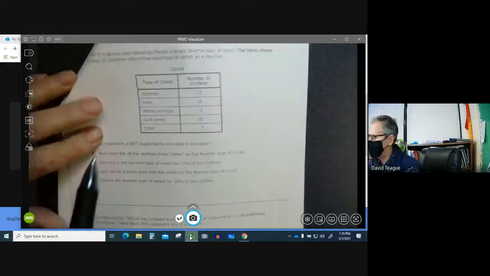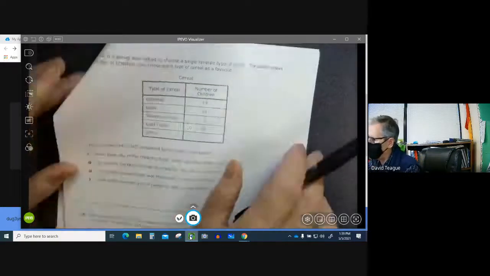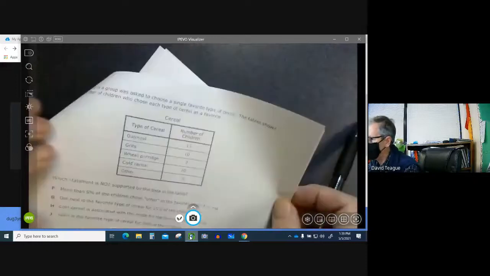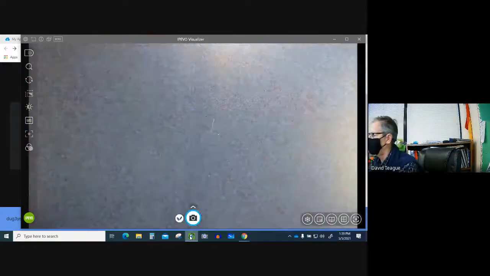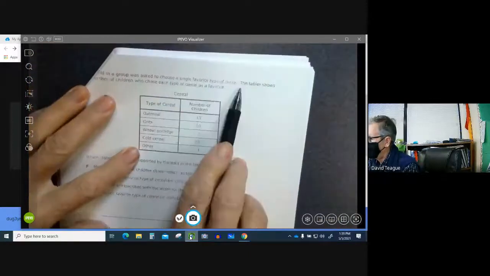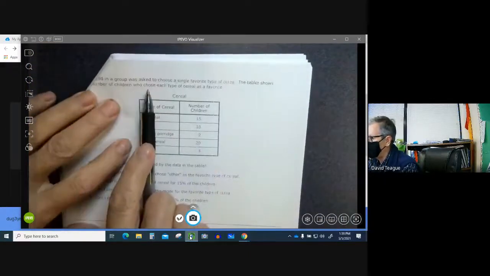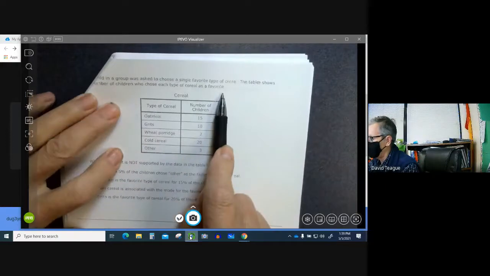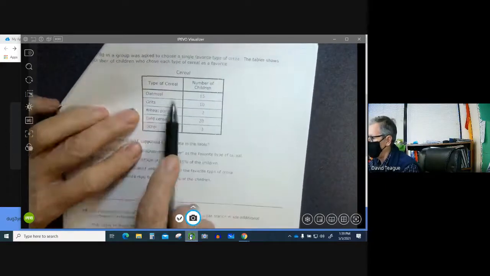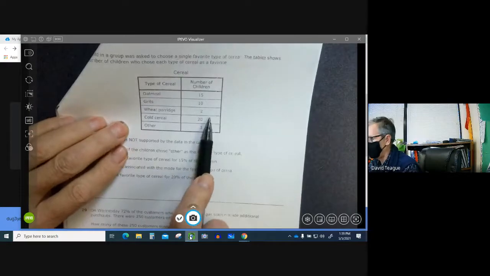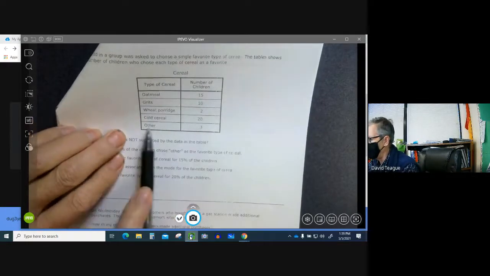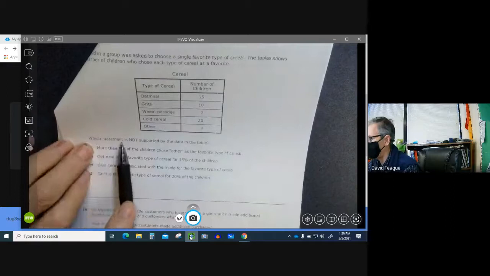Okay, so it says, what did it say? Each child in a group was asked to choose a single favorite type of cereal. The table shows the number of children who chose each type of cereal as a favorite, right? So you have oatmeal, you have grits, you have wheat porridge. I can't even imagine what that tastes like. Cold cereal and other. It says, which statement is not